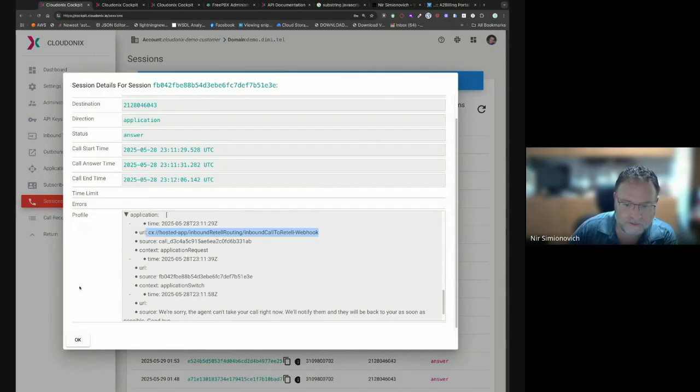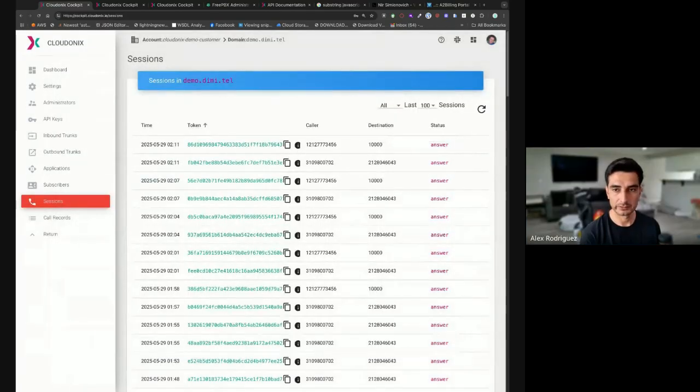Just to clarify, we will add a phone number to Cloudonix, register the phone number. We're then creating an application that's essentially going to be registering that phone call, and then routing it into retail.